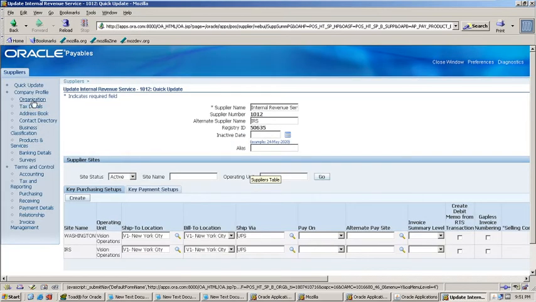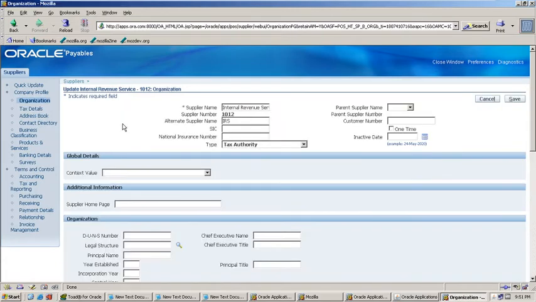See here, click on organizations. This is the supplier type as a tax authority. This supplier name we will use while creating the withholding tax codes.